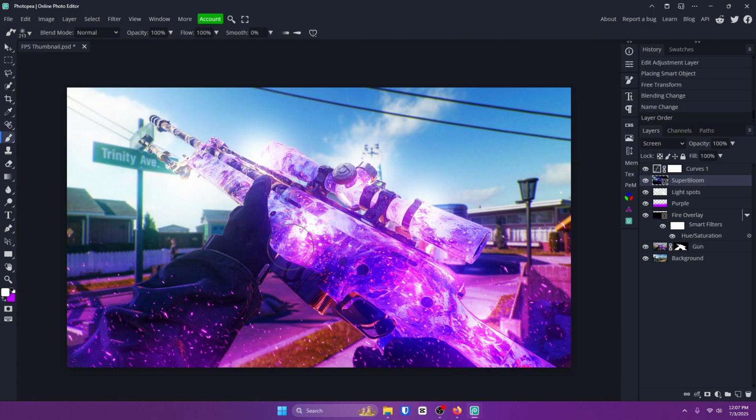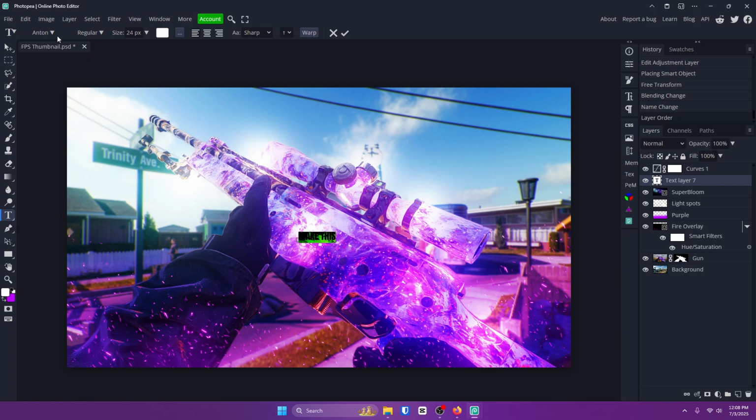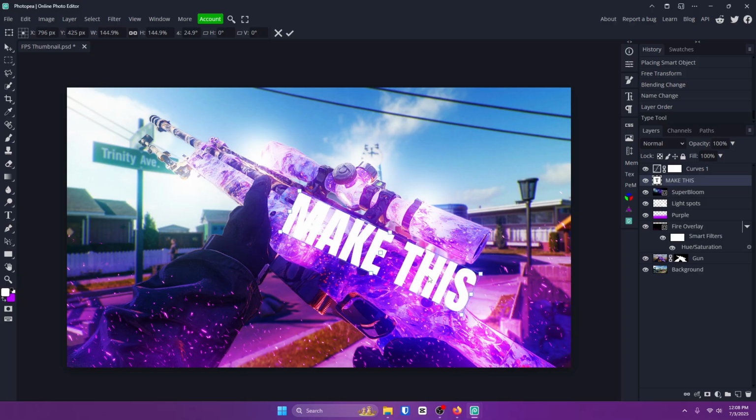You might be wondering, how did I add text to my gun, right, in the thumbnail? Well, I really just did it for my thumbnail, but if you did want to add text to your gun and make it look like it's on your gun, it's super simple. Go ahead and grab some text. Type in some text. I used the Anton font. Just gonna scale it up a little here. We'll just Control-Alt-T it. Gonna rotate it